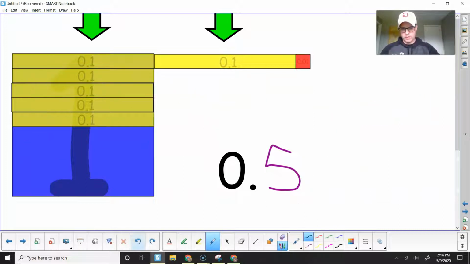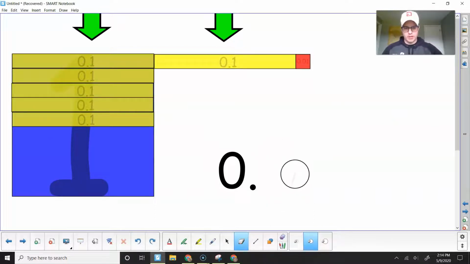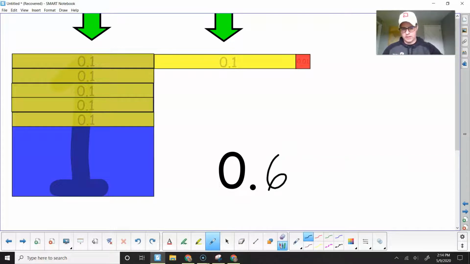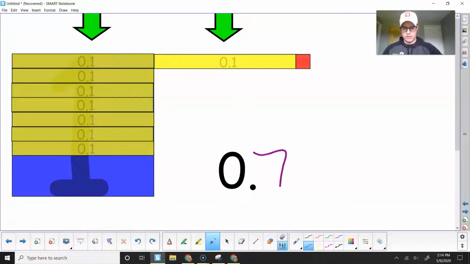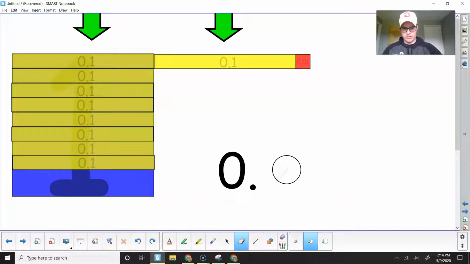All right, so let's undo here. Boom, boom, boom, boom, boom. 0.5, pretty important. Let's keep counting. Let's go up another tenth. Now we're at 0.6. Keep going. Add another one, and we are at 0.7. Add another one, and we're at